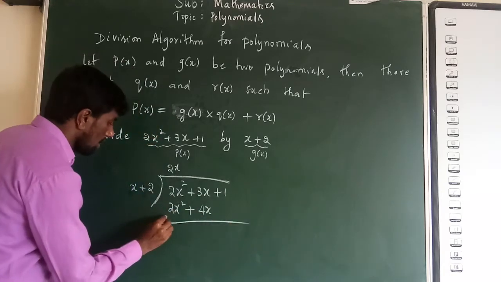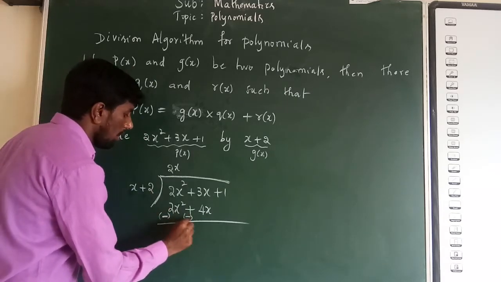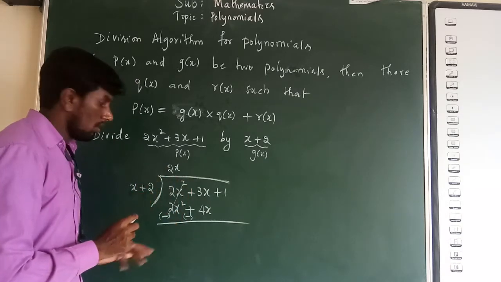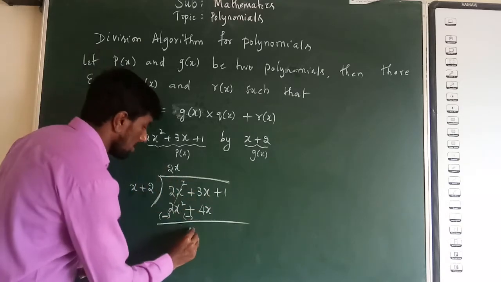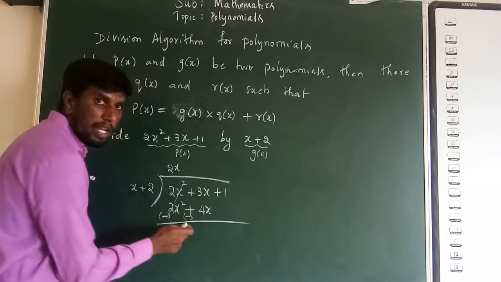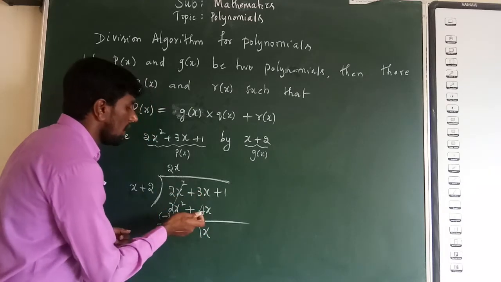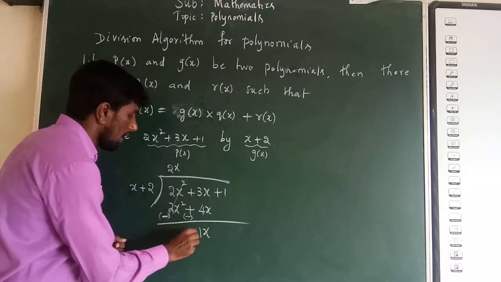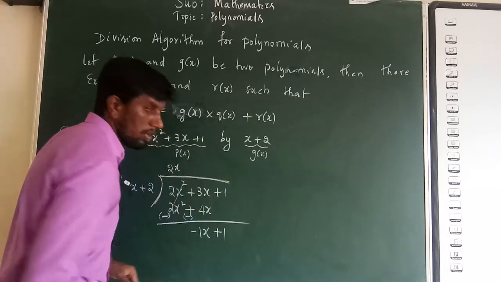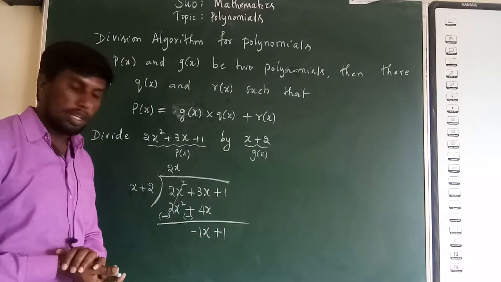Now we need to change the sign to the opposite sign. Here I am having positive, now negative. Now 2x square minus 2x square get cancelled. Plus 3x minus 4x, one is plus, another minus, so I should subtract. If I subtract 3 from 4, it will become 1x. The higher value is 4, before the 4 I have a negative sign, so it is negative. I write the remainder as it is, plus 1. Now minus 1x plus 1.